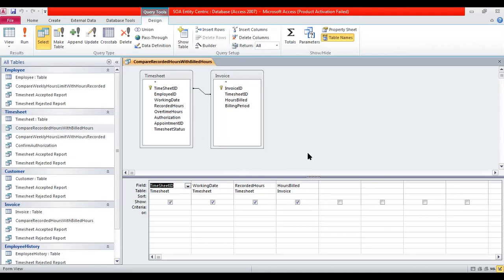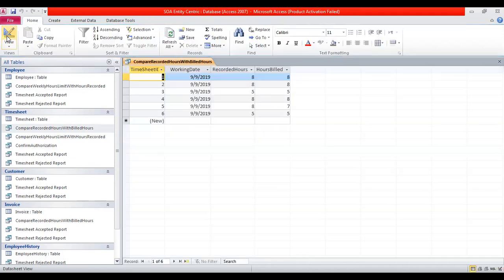So when we combine these two tables, I have identified the attributes required for processing this business process, compare recorded hours with billed hours. And from that, the decision is taken, acceptance or rejection.